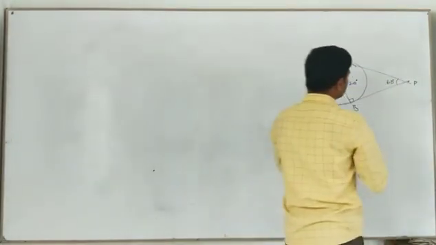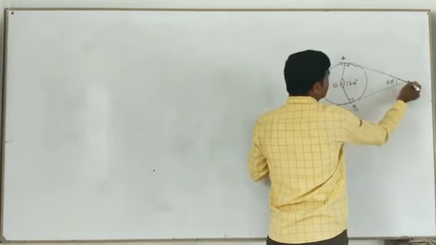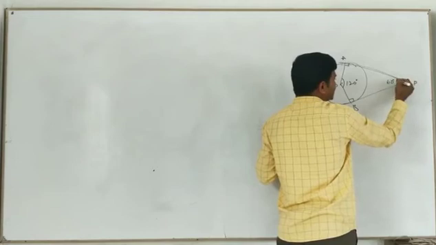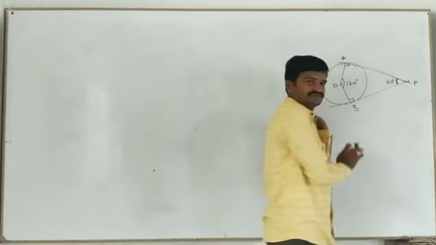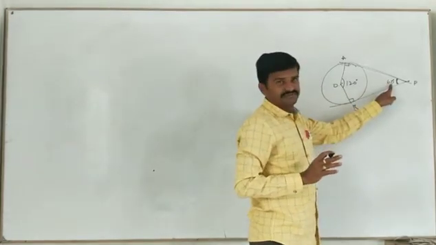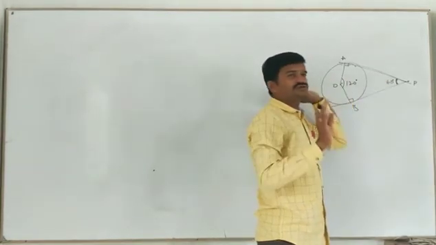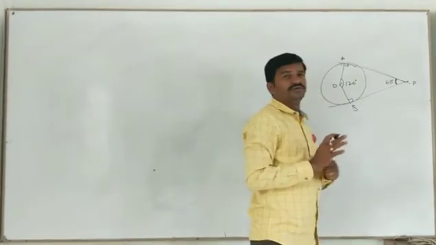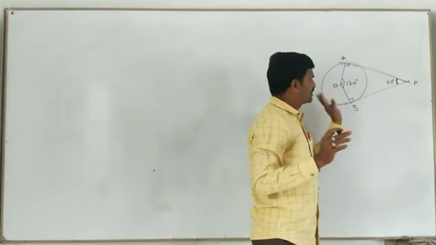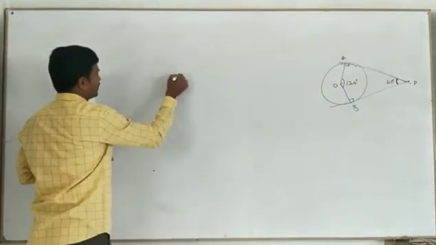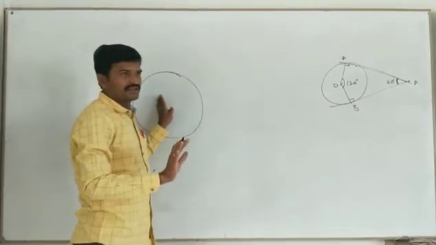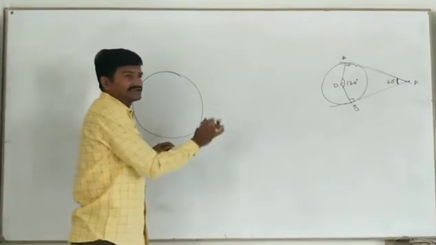That means these are the two tangents, drawn from this point. This angle is the inclination of these two tangents. So 60 is given, and then you have to draw the pair of tangents. How? The distance is not given. The radius of the circle is given. This is a circle of radius 5 centimeters. So we have to draw the tangents.